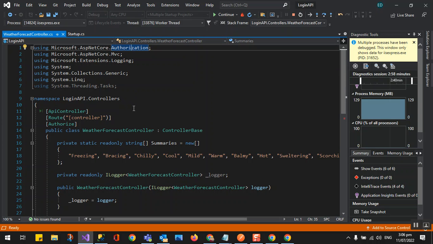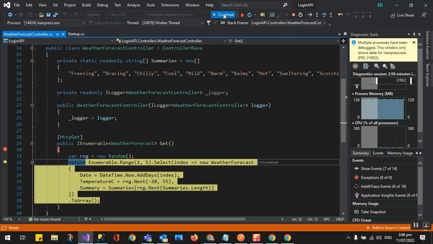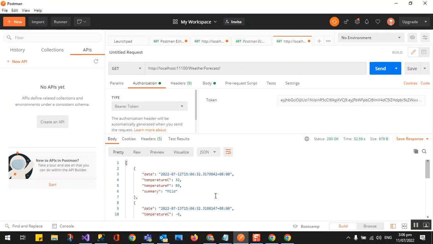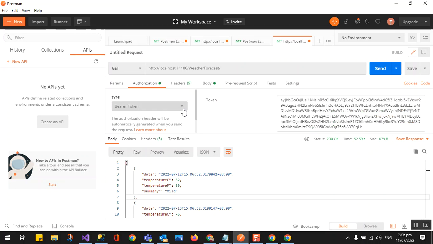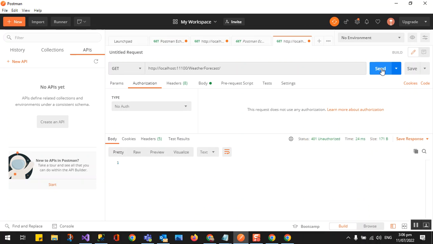So if you use the built-in authorization, it will automatically validate the authorization. That is why we're able to get in here, because we provided the token already. Okay, it's returned. But if you don't have a valid token, you cannot get in. For example, with no authentication, you will be unauthorized to access. Okay, that's the POST one.